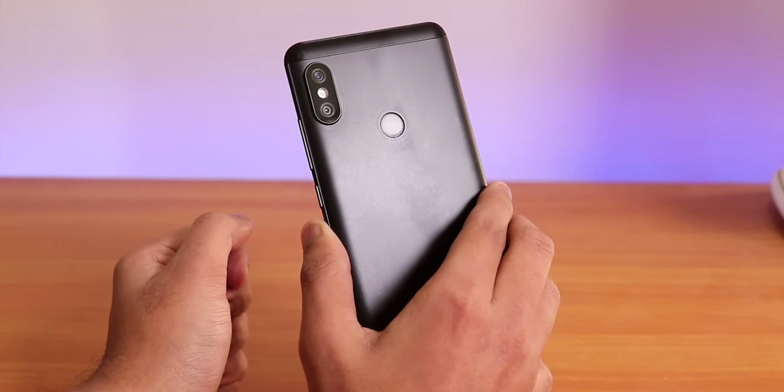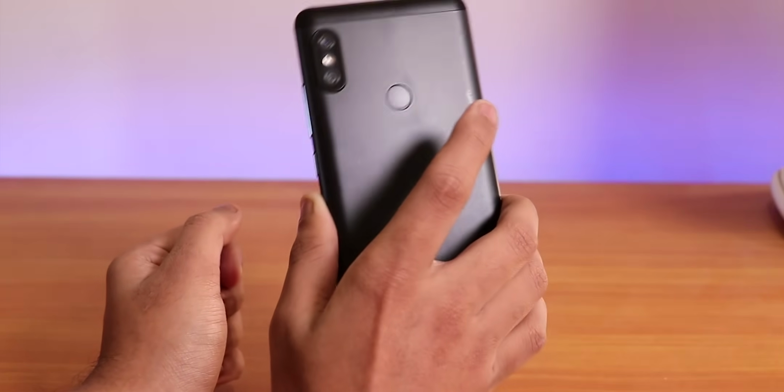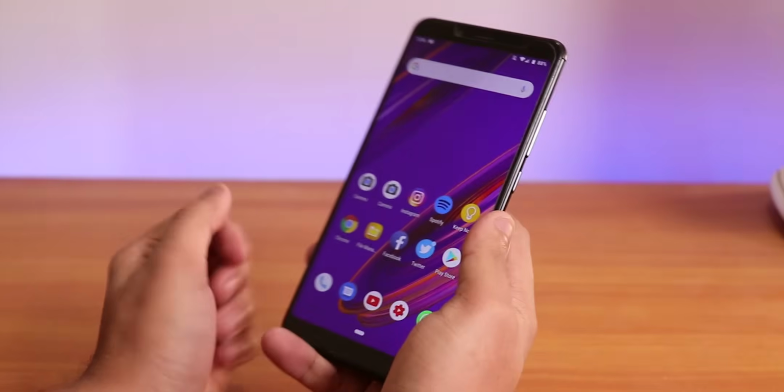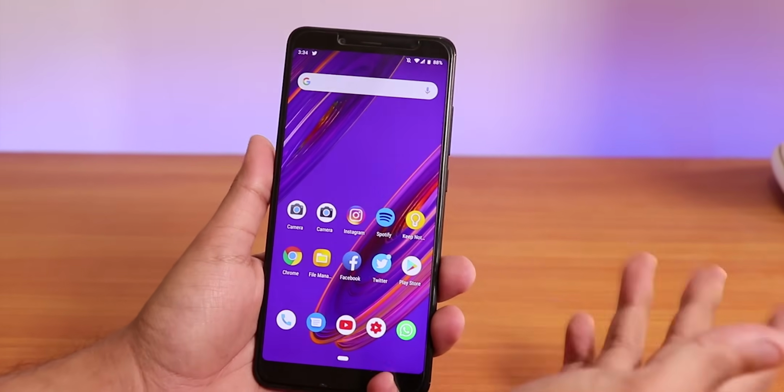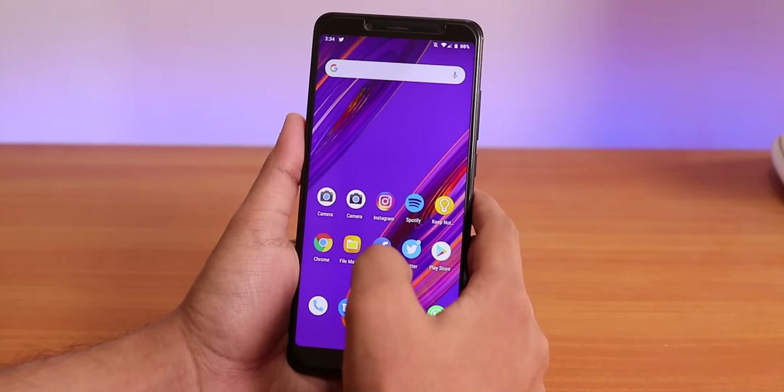So this is the Redmi Note 5 Pro, and today I'm going to show you this Redmi Note 5 Pro with the Paranoid Android ROM mod. And this is not an official ROM, I guess, from Paranoid Android. This is kind of a mod, and I'll link the ROM file and the GApps file, of course,